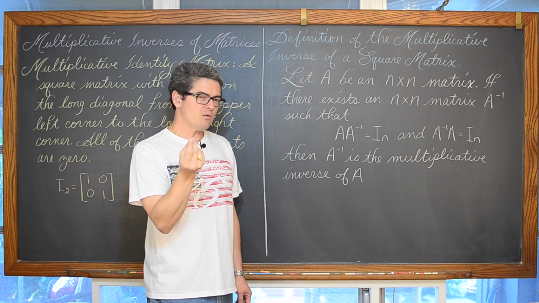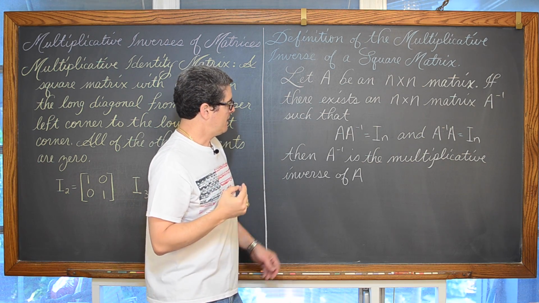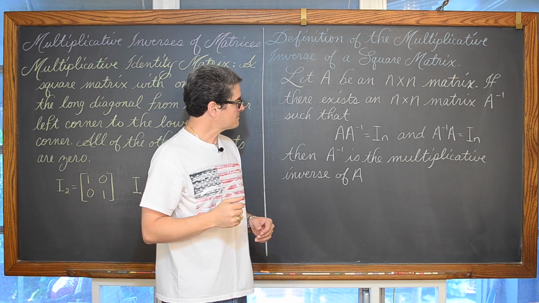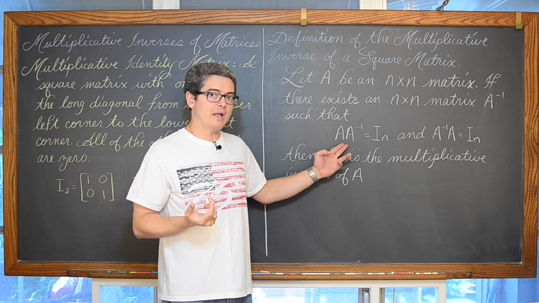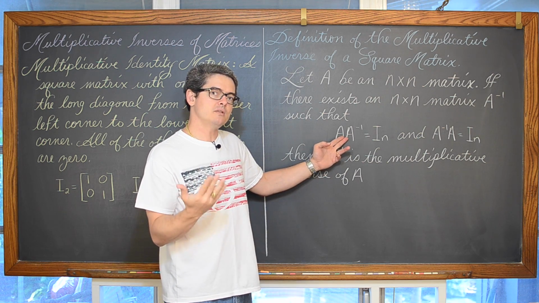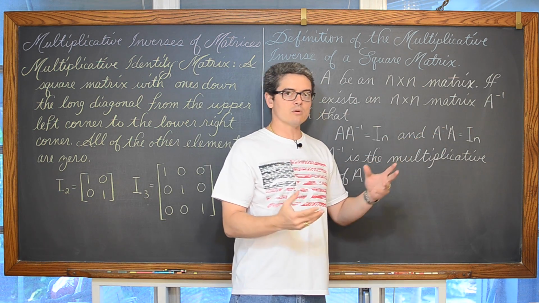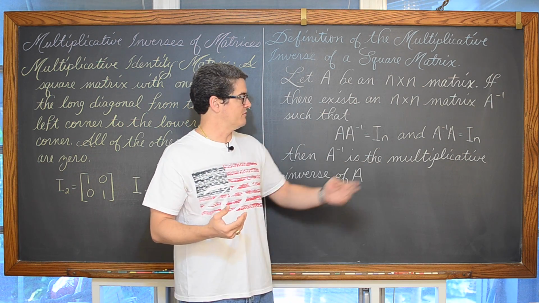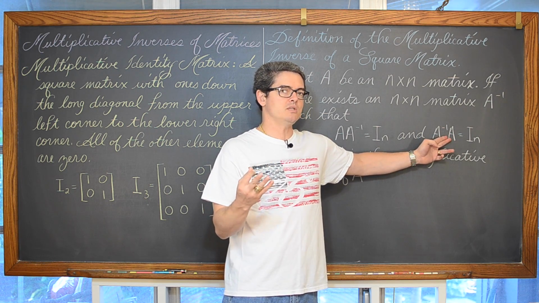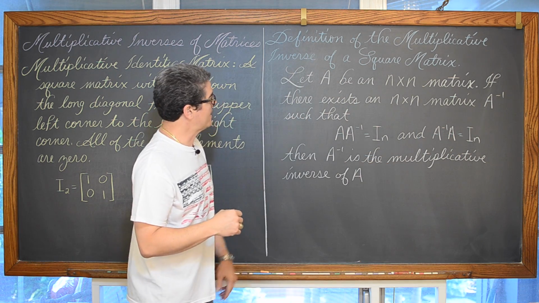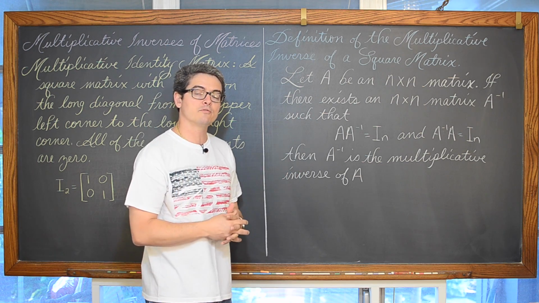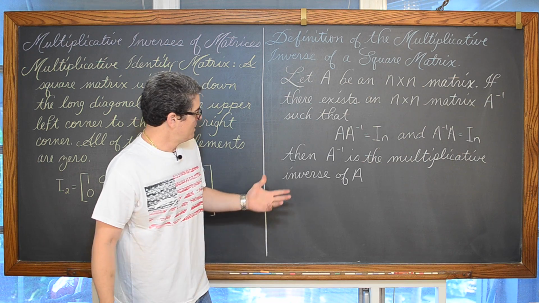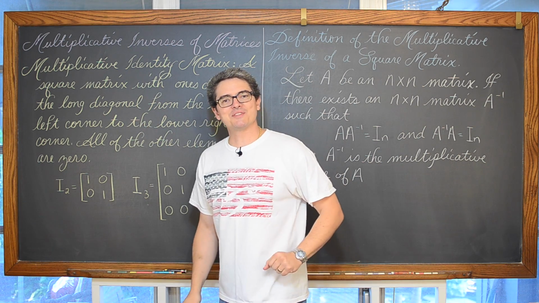Again, in general, multiplication is not commutative, so we aren't normally going to get the same answer when we change the order. And if they're not square matrices, you might have two matrices that you can multiply together, but when you change the order, not only could you get a different answer, but it could very well be that you won't be able to multiply them together. So that idea of it being a square matrix is really important for these definitions of identity and inverse matrices. Okay, so let's get to our first example.